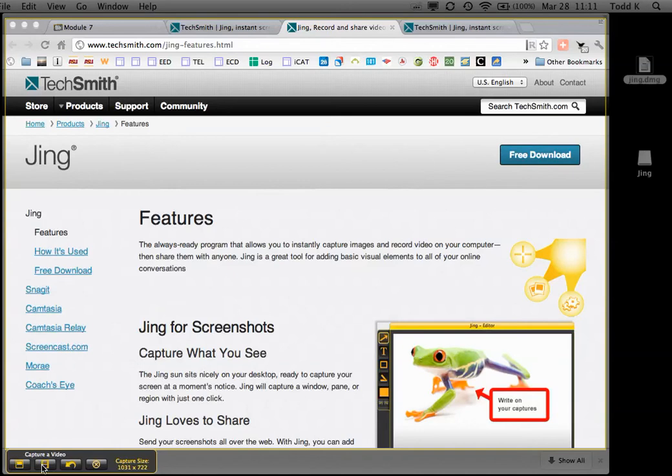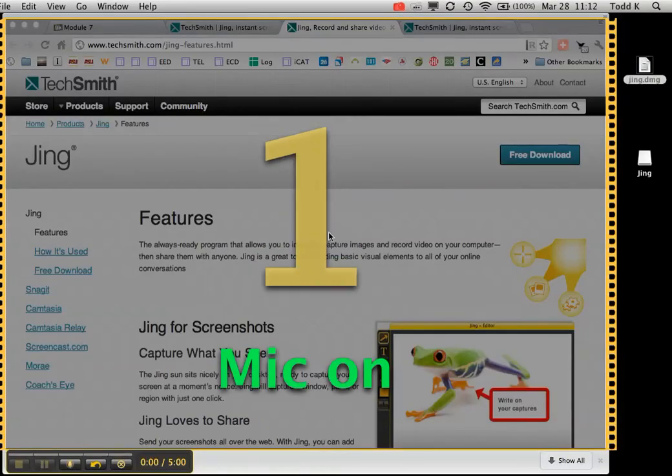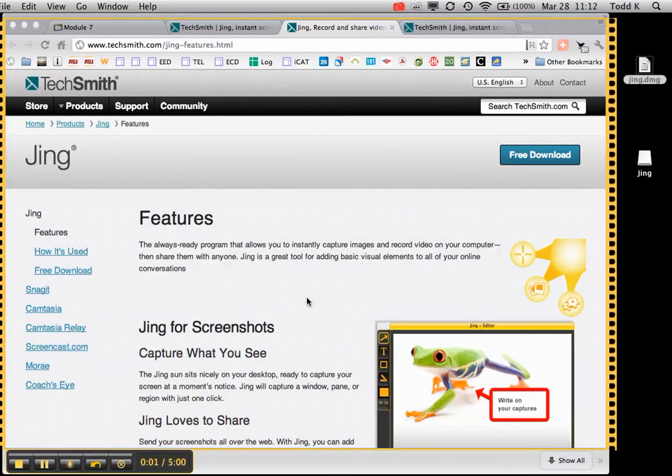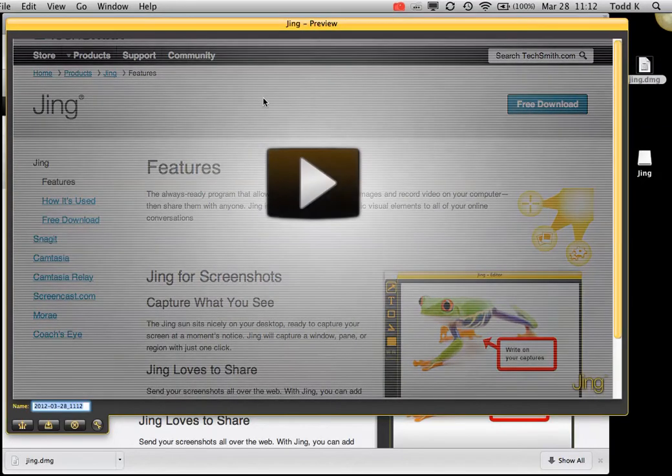Okay, so when I click on capture video, you see that it starts to count down, and then I've got my voice recording. Okay, and it'll capture all the movements I have on my screen. Right? I can pause it, I can mute my audio, or I can finish. Okay, when I finish it, I'm going to get a preview of the screen. So this is my preview. This is just so I can make sure that everything's okay. I can name it